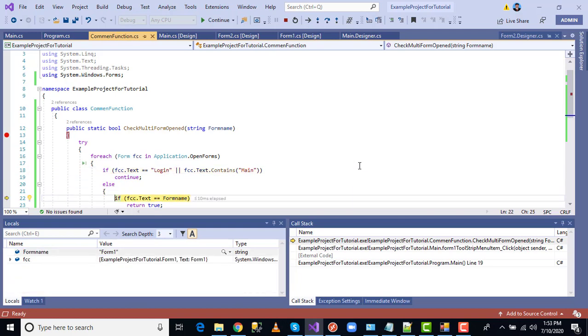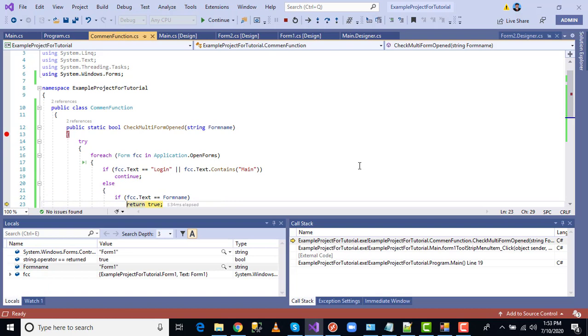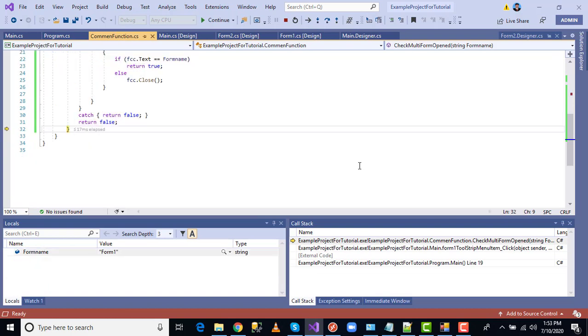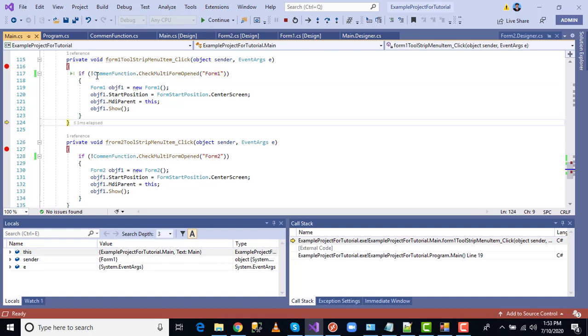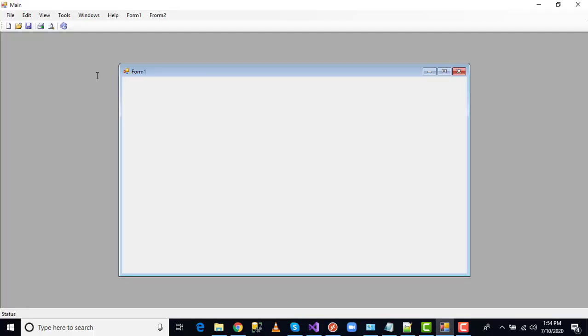What is that? It will check whether the form is open or not. Okay, the form is already open, so what will come? Already open means that is true, right? So it will go to true, and true means no. The condition I am declaring is, if it is not true, then open. The form is not open means that time it will execute. Okay, but this is already open, so it will automatically come out. Okay, and then executed, so it's open.